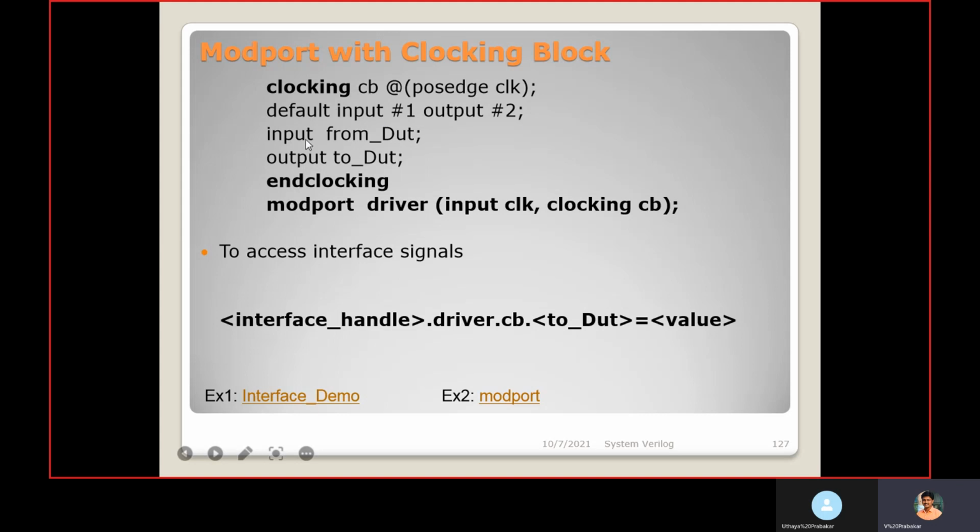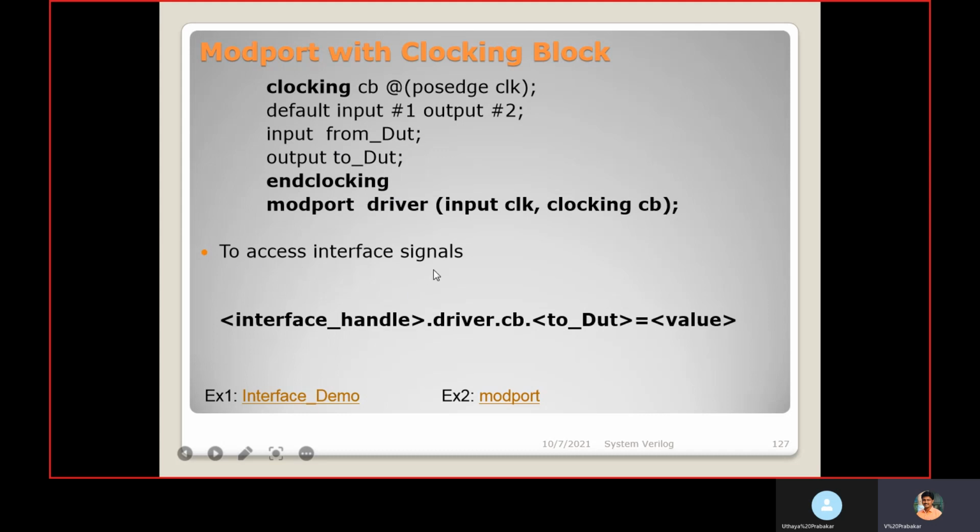Input and output skews for the input and output signals are in the clocking block. Modport name, then we should pass the clocking block name. Then the clock signal, input clock. If you are using reset, you need to pass the reset also: input clock, comma, input reset, comma, clocking block name.